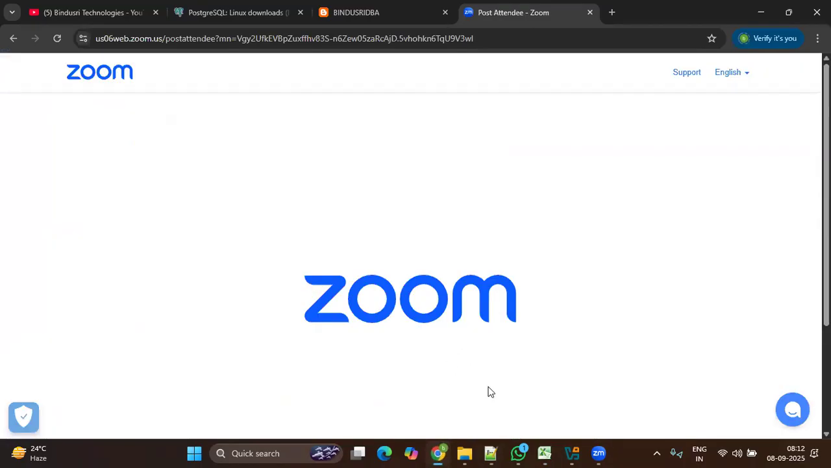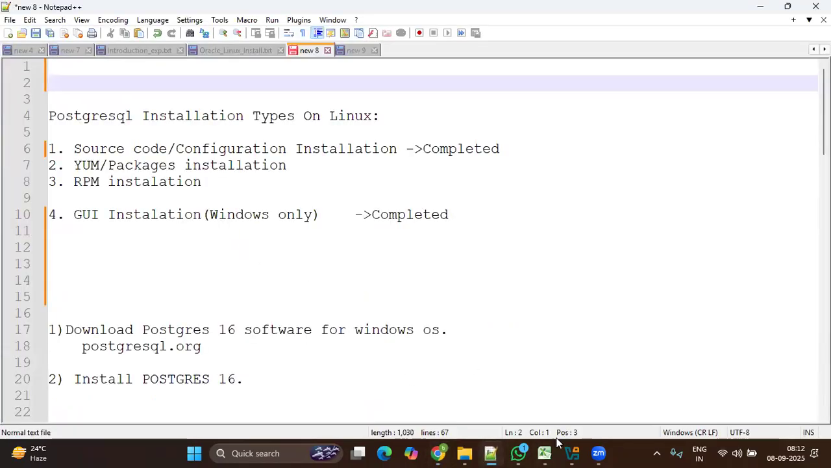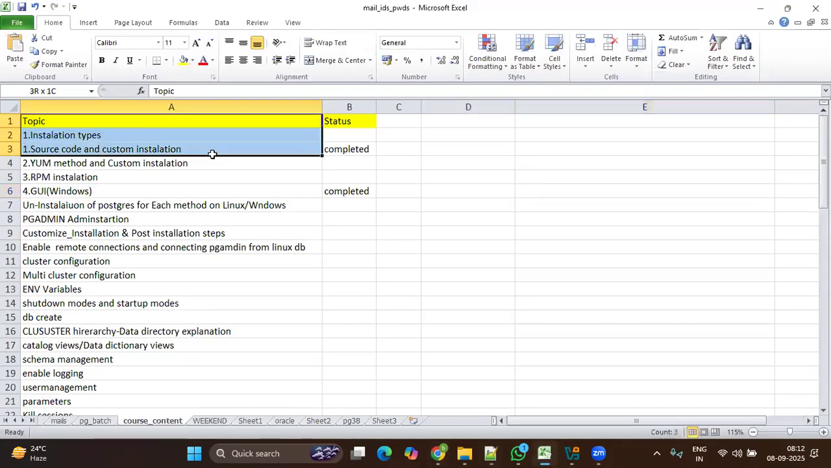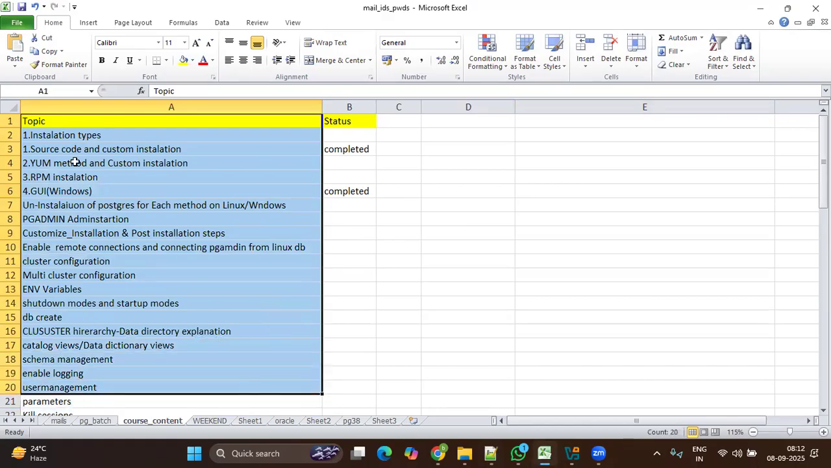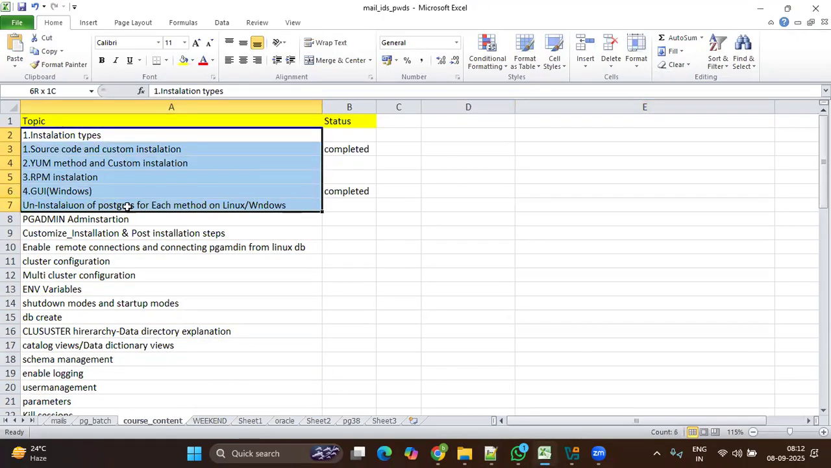Okay. So I already shared the course content. So this is the course content, the installation types, uninstallation, pgAdmin to connect to the database via GUI. Then customized installation, what are the post-installation steps, enable remote connections, and cluster configuration, how to create